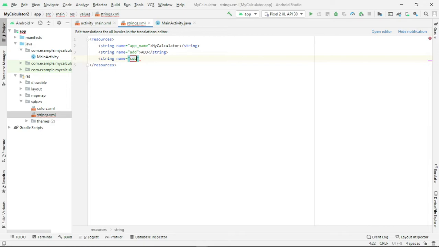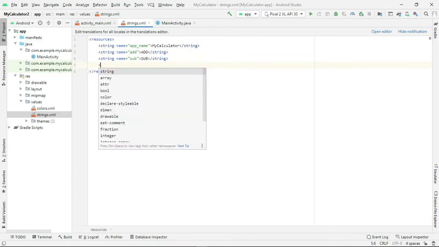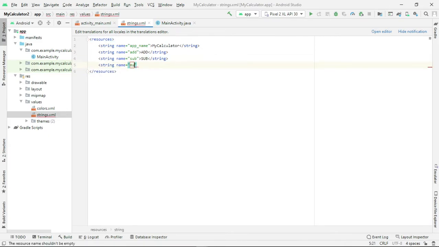Sub. The name, I'm going to write in caps, SUB. Similarly for multiplication and division. You can go with operators also.